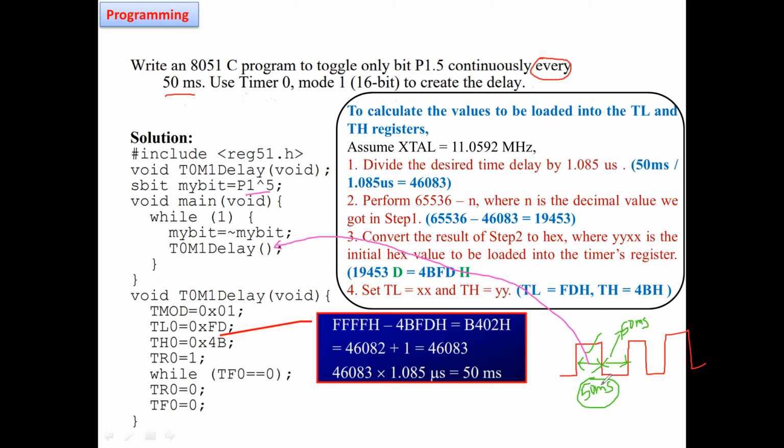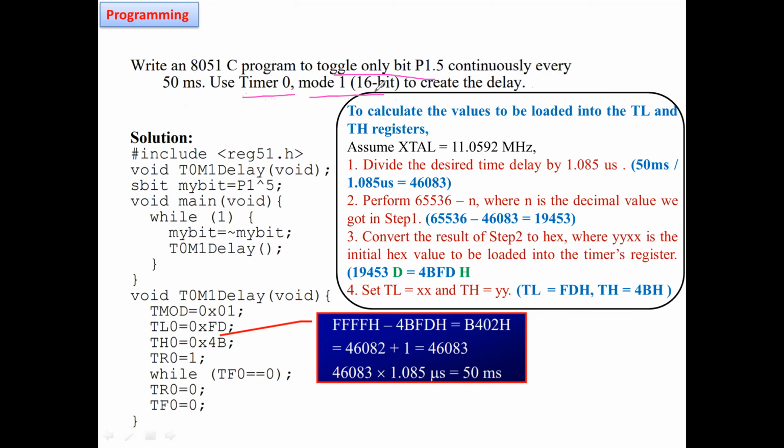Now write the program. First we will write the program for toggling the port pin. For the delay, use timer 0 mode 1, which is a 16-bit mode, to create the delay.